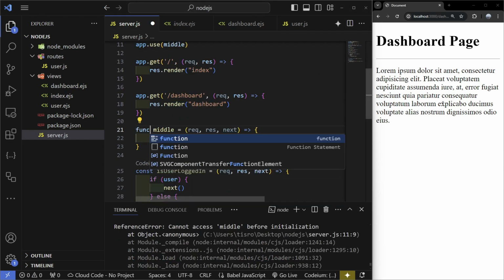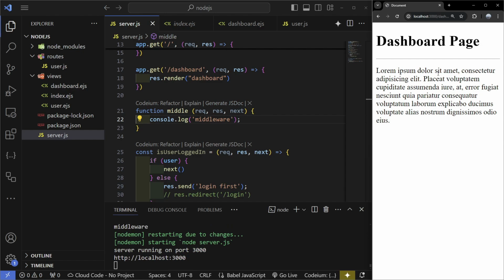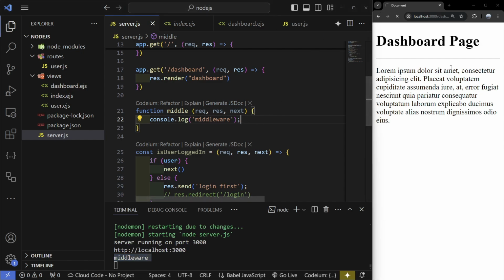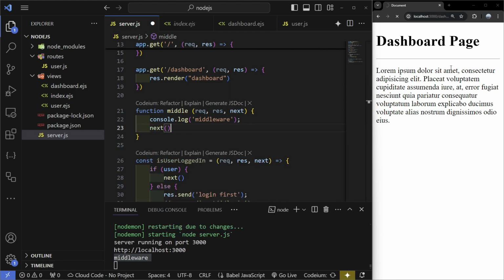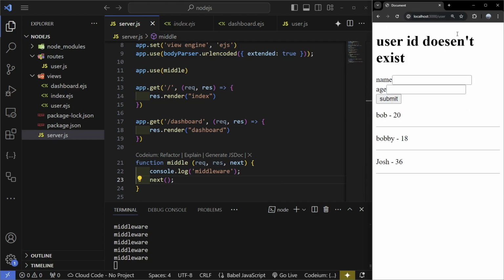And this does have to be a normal function, so let's fix all of that, or else it wouldn't work. So if we reload the dashboard page, we're going to get our middleware, and the page is going to be continuously loading, which is why we need the next function here, which is going to load the page. But now if we go to any other page, we're still going to get middleware. If we go to user, we're still going to get middleware. As we can see right here, every time I reload, we're going to get a new middleware, and that's not